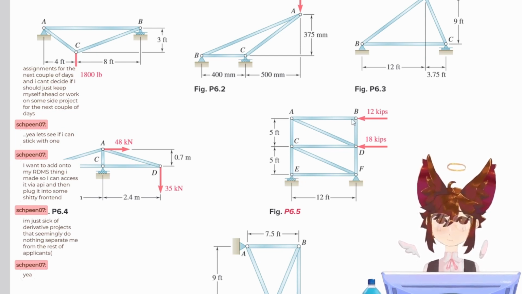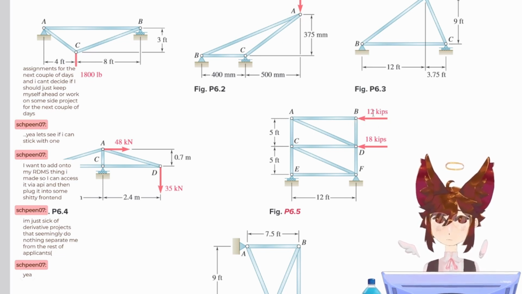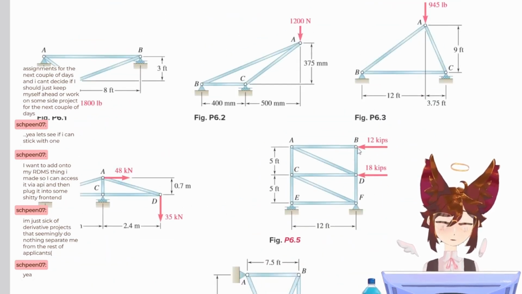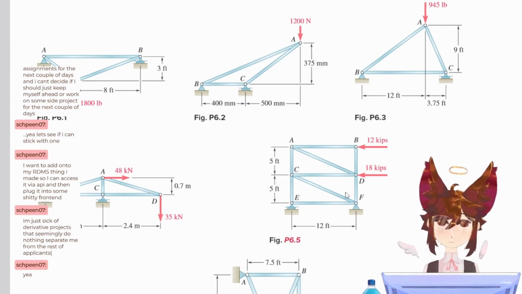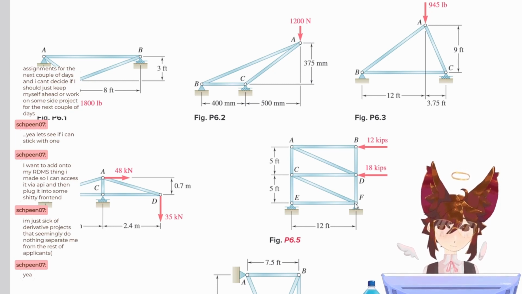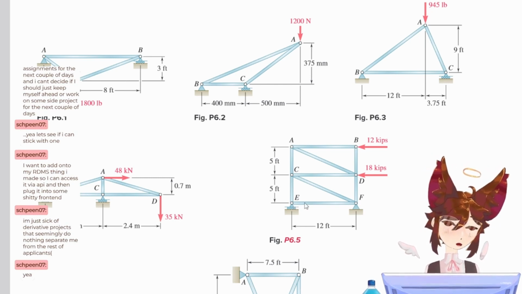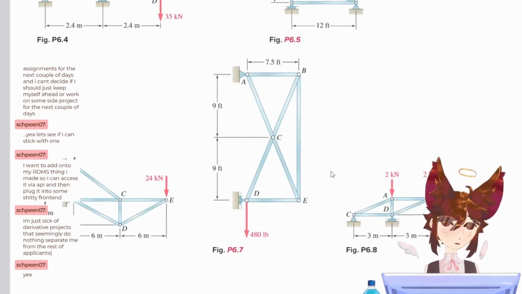For example, B would be 0 force if there wasn't this force here. But a kip, wait, what's a kip? Well, whatever. B would be 0 force if there wasn't a force here, because there'd be nothing in these two directions. But for E, it's like this member over here, this force has to be that. But for E, it could be that. But then if we look at F, it's like, okay, this one, this one, this one, and there's one here, so we have to do that, I think.